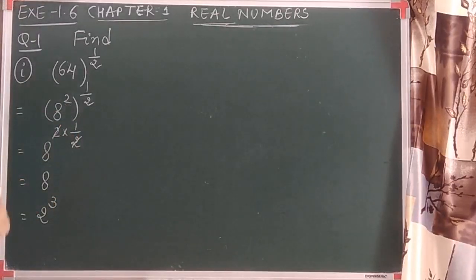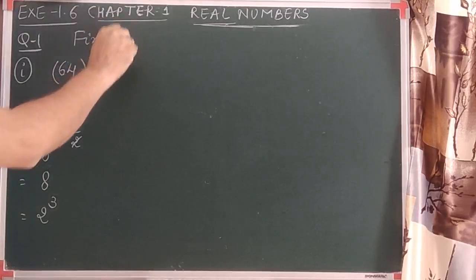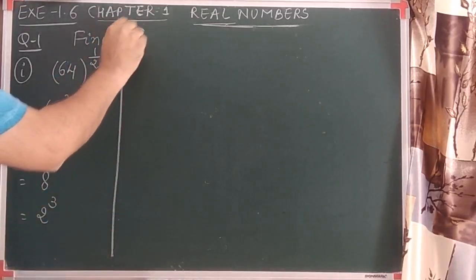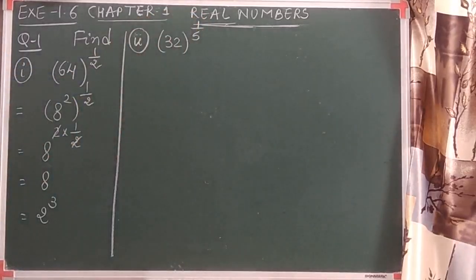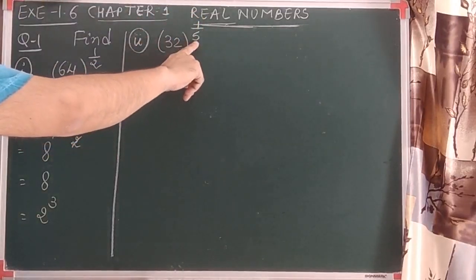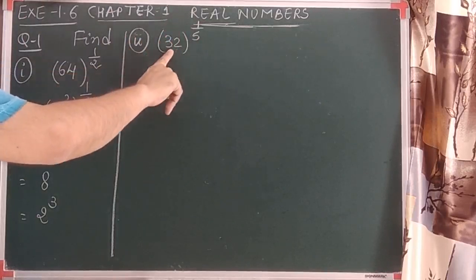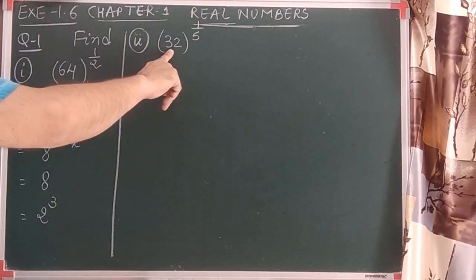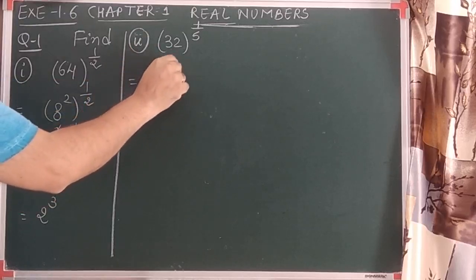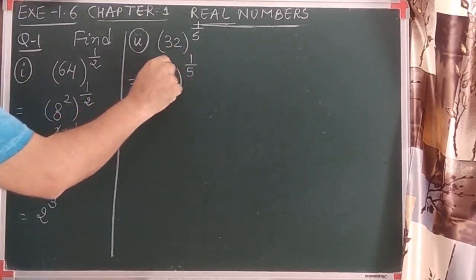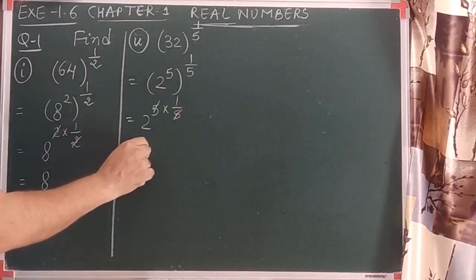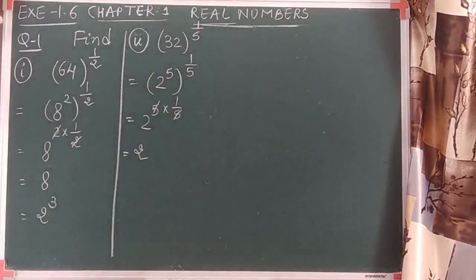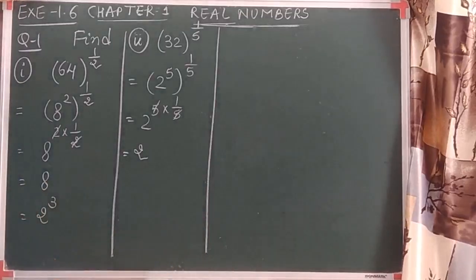Fine. Let's see one more question. It is 32 raised to 1 upon 5. Again the power is in fraction form. What is the denominator of the power? 5. Can 32 be the 5th power of some number? Yes, it's 2 raised to 5. So it is 2 to the 5, raised to 1 upon 5. Now power to the power, they must be multiplied with each other. So this 5 would be cancelled. So our answer is 2. Let's do one more question.